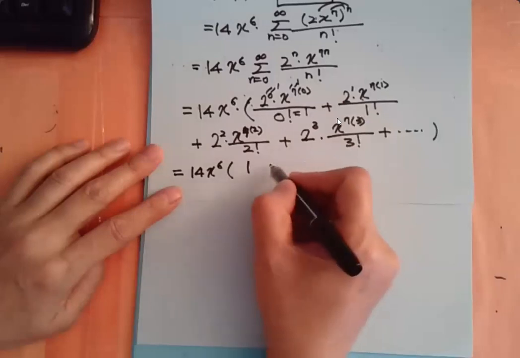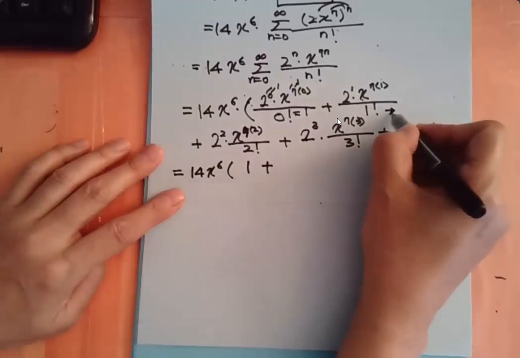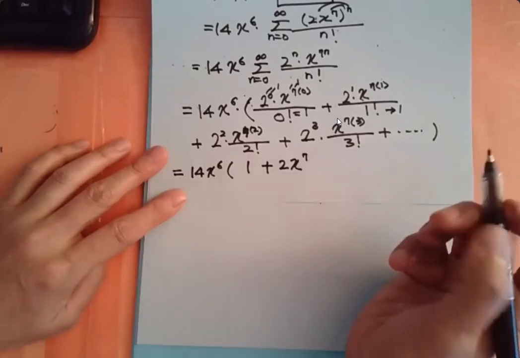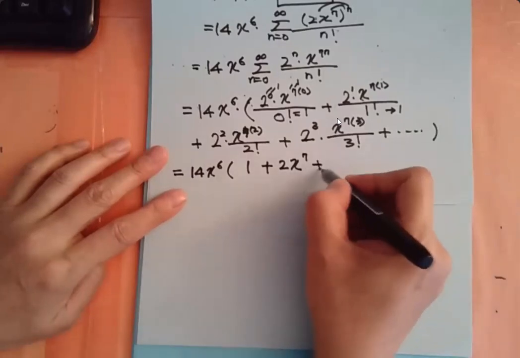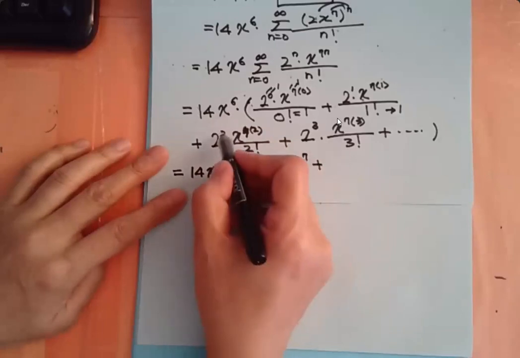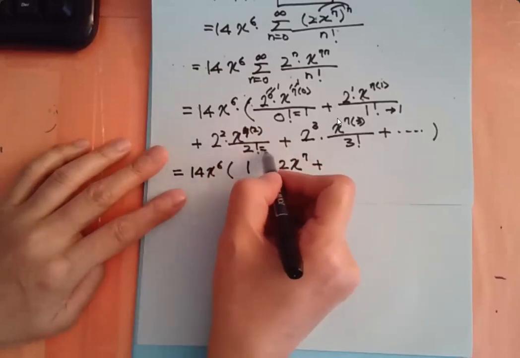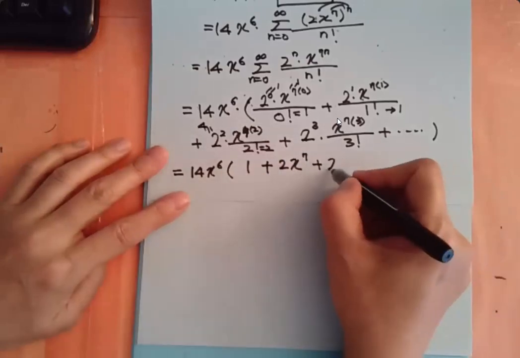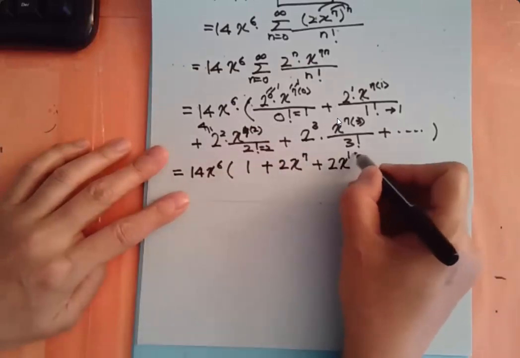This one is 1 plus this is 1, and so 2x to the 7th power plus this is 2, this is 4, so they will cancel each other. That is 2 to the x to the 14th power